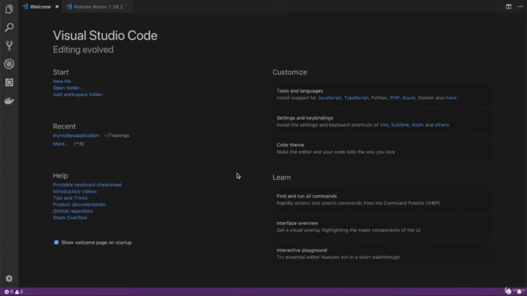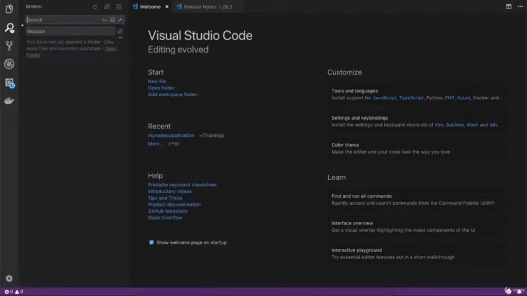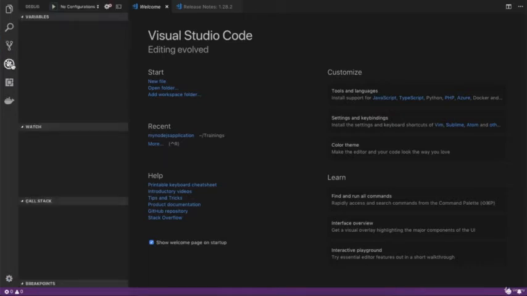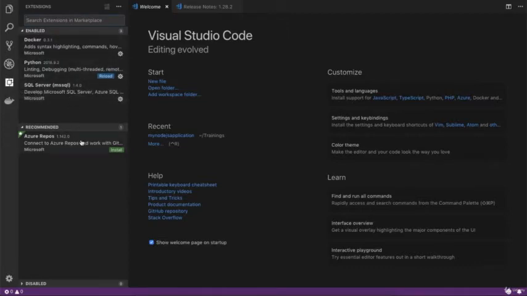Once you open Visual Studio, you will get a UI like this, right? This is the welcome page which you will get the first time you open Visual Studio. In Visual Studio, you will get different kinds of options. By this, you can open the File Explorer. Over here, you can search for any kind of plugin which is required to run your code in Visual Studio. This will support Git control. This will support debugging of the files. And over here you will get all the extensions which you have installed inside your Visual Studio.